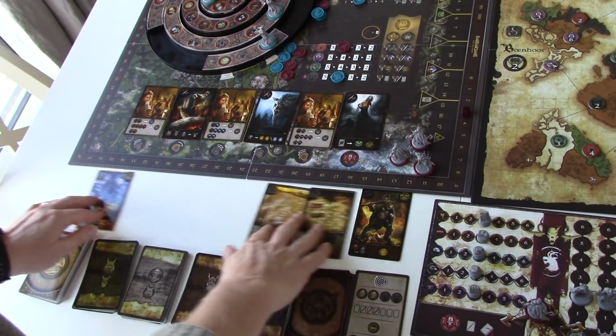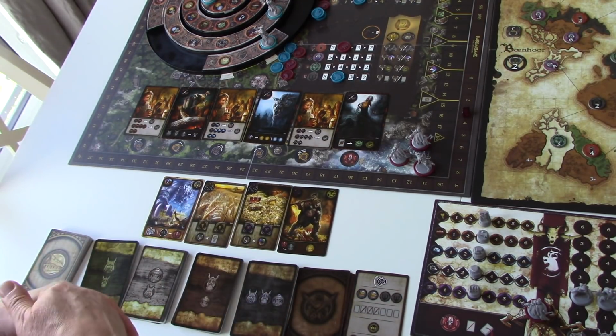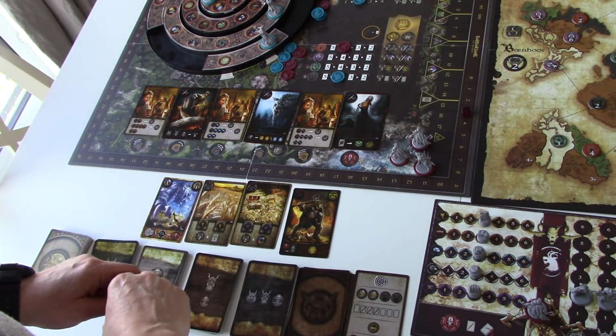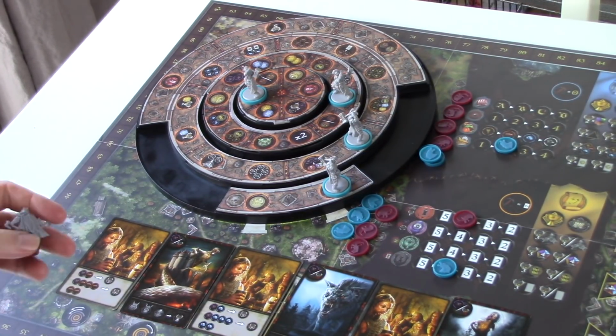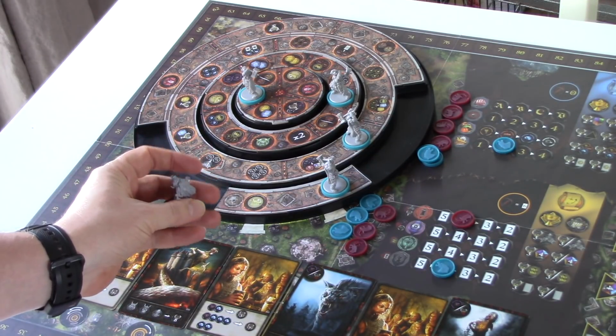All right, so that means we're left with just these 4 to choose from. 2 buildings, which I'm keen on. And then we've got a god and a warlord. Let's move over to the volcano then and take our first action. I think the first thing I want to do, planning my actions here,